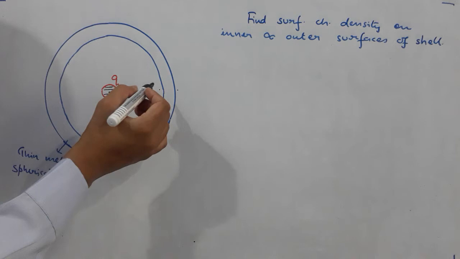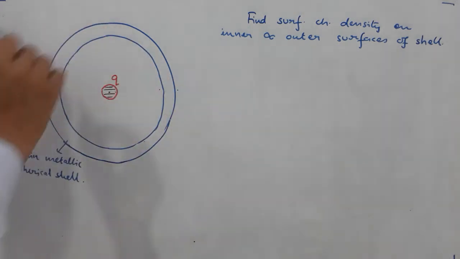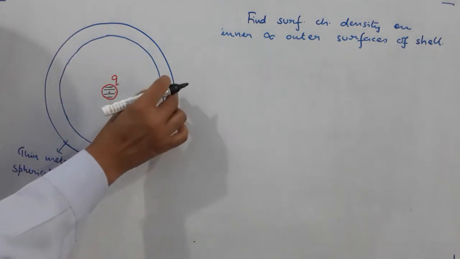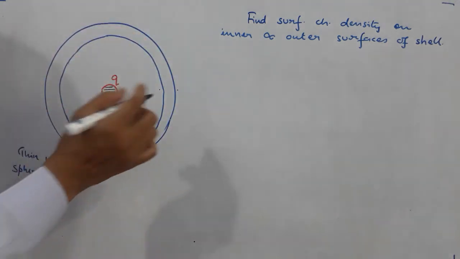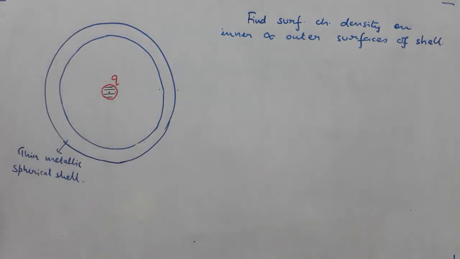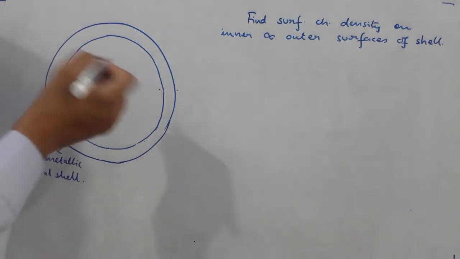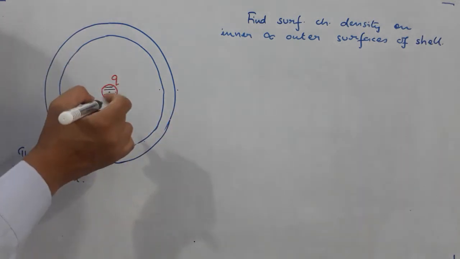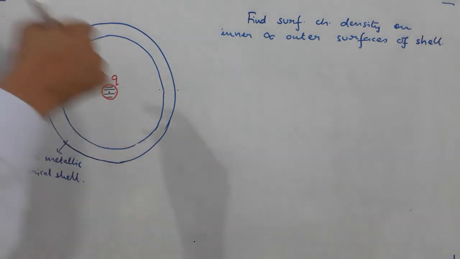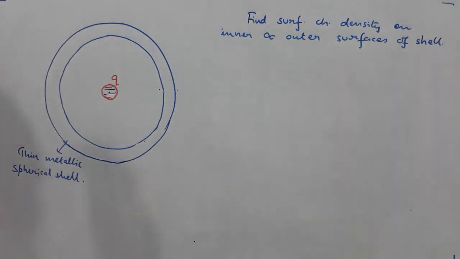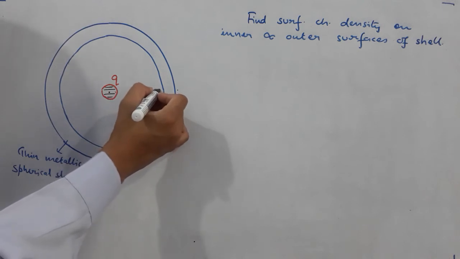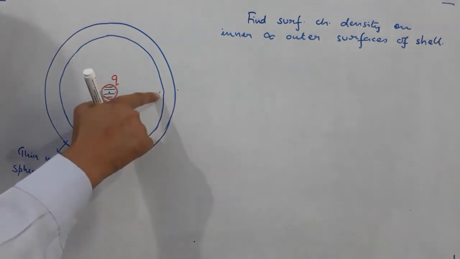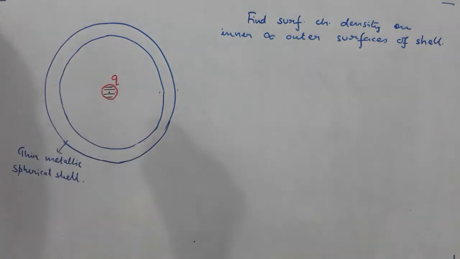Conceptually, what happens is that this being metallic, it has a large number of free electrons within its body. Those free electrons will move under the influence of its electric field. So this charge will either attract or repel them. If it is positively charged, the free electrons will move in this direction. If it is negatively charged, the free electrons will move in the opposite direction. This movement of electrons will create one kind of charge on the inner surface and an exactly equal but opposite charge on the outer surface.